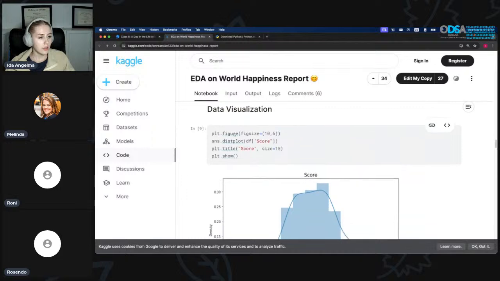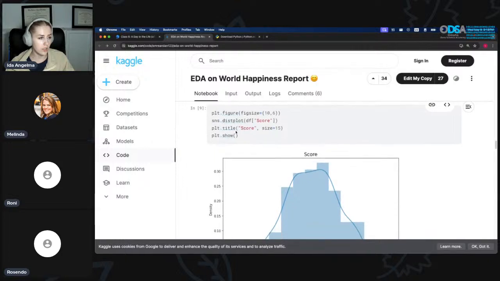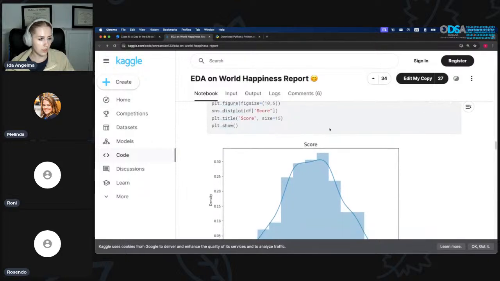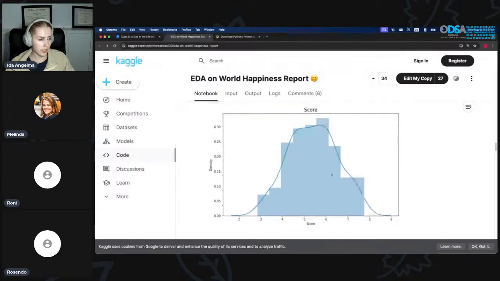Data visualization, so we're doing plt.figure figsize, Seaborn sns.distplot, df score. Put in the score and then show. So here's just a histogram with a distribution line. So looking at the score, and then we have